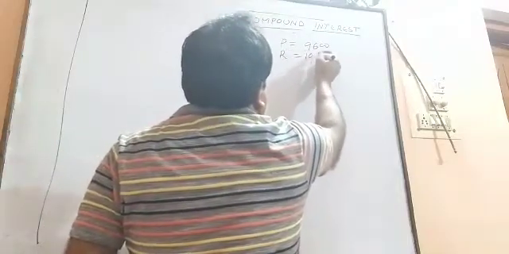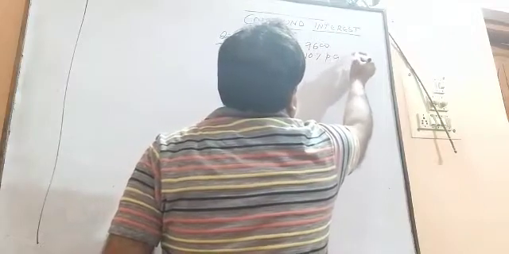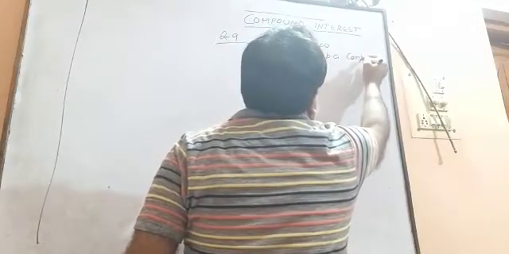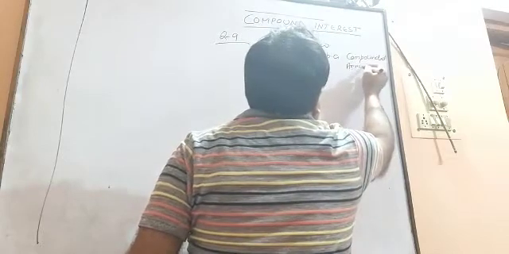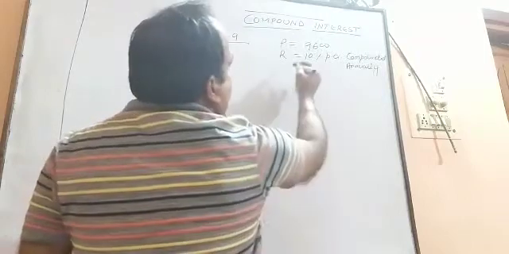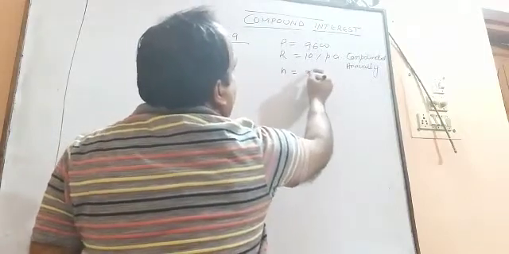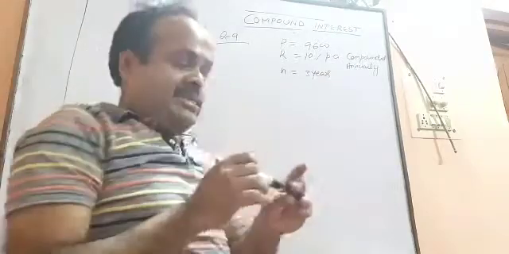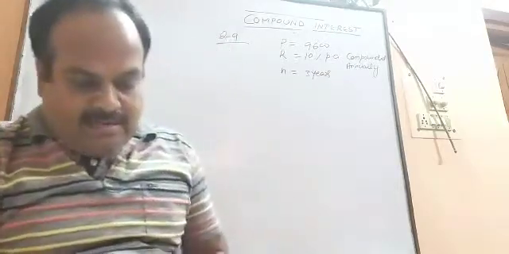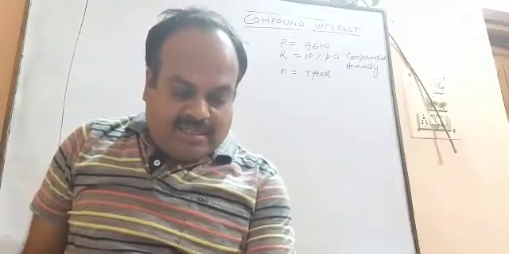Rate is 10% per annum, compounded annually. Time is 3 years. In the first part we have to find, the question says, what is the sum due at